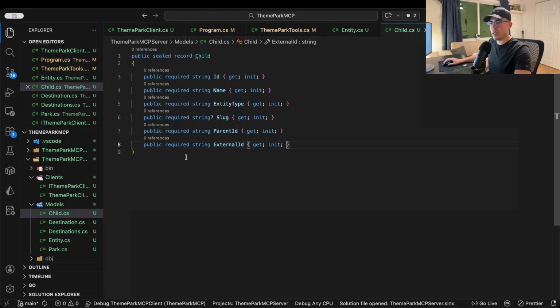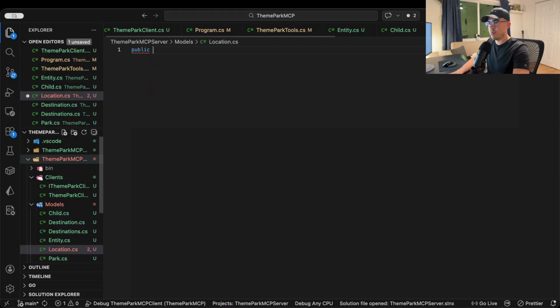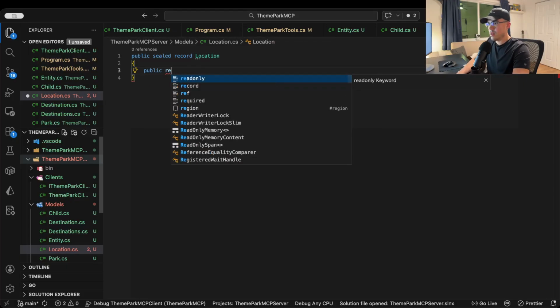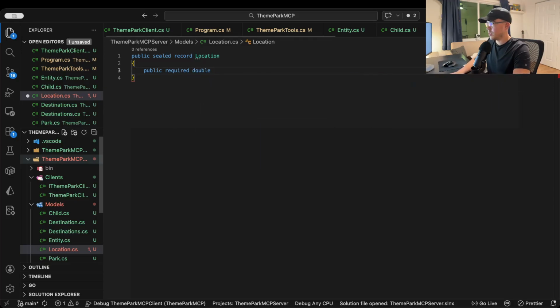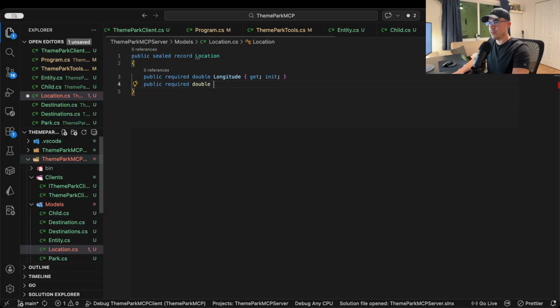And now we have location. So we'll have to create another one for location. Let's do location.cs, public sealed record. And why do I do sealed? I don't want anyone to be able to inherit from this or extend this object. This object should be on its own. It should live on its own. Location, we will do public required. This one I'm going to make a double, and we'll do this one a longitude, get init. We'll do public required double latitude,